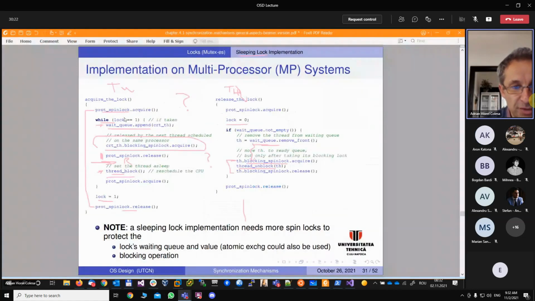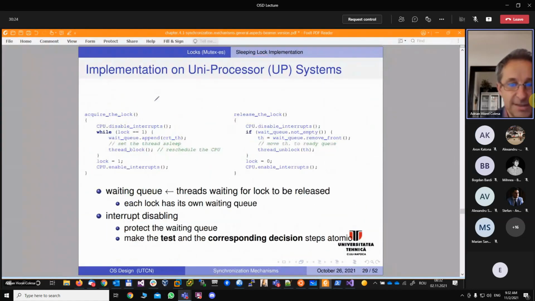let me show you that on here, because it's somehow a clear implementation. So we have the same problem here for the uniprocessor. Okay. So even more critical for the uniprocessor, because you note here the interrupts are disabled here. We can note they are enabled here back. But what happens if the thread goes to sleep? We cannot see here any CPU enable interrupts. And if the interrupts remain disabled for the single processor, that's not good, because that processor cannot be rescheduled,